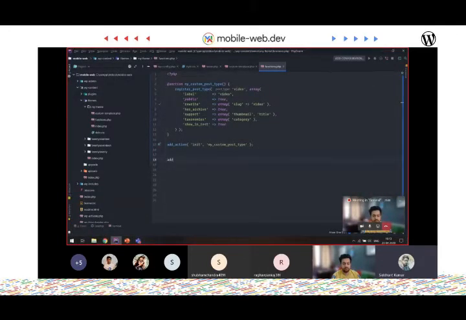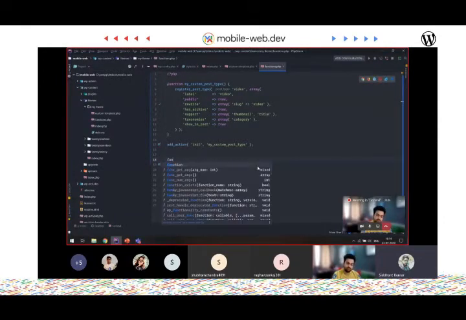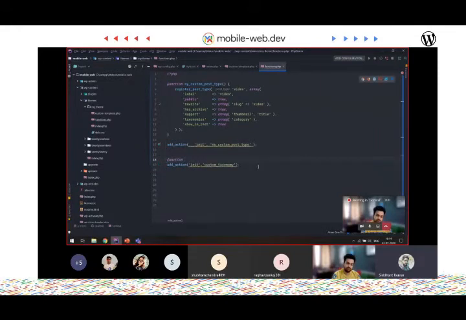For that, we need to add a hook using add_action. It's init, and you all know what init is. The callback function for that, say custom_taxonomy, and define a function like this: function, and the function name, which is custom_taxonomy. It should be the same as what you are defining here, because it will get executed with this init.